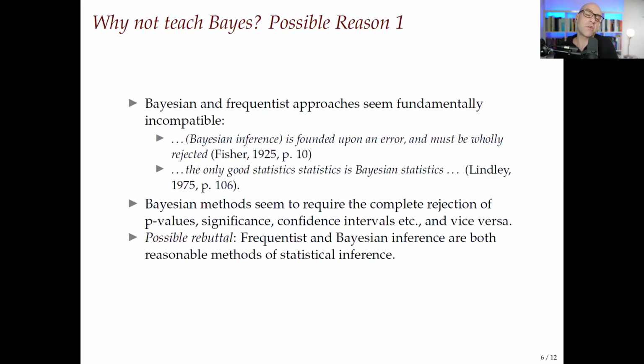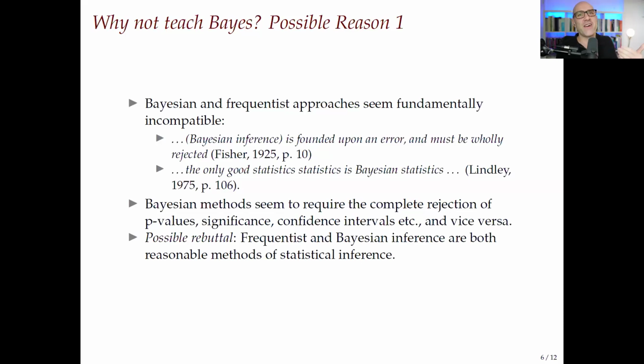And then if you look at some of the big names in Bayesian methods later in the 20th century, you see a similar kind of dogmatic attitude. It's like the only way is to use Bayesian methods. So it seems like you either use Bayesian methods or you use p-values, etc. And many people are not willing to do that. Many people who may be interested in Bayesian methods are not willing to get rid of p-values entirely. They say, I have to use them.